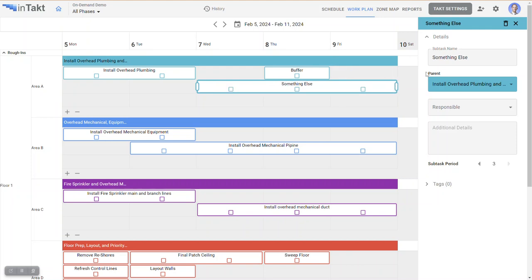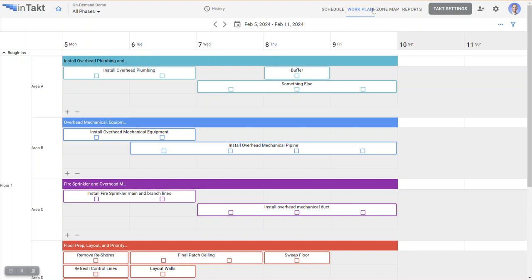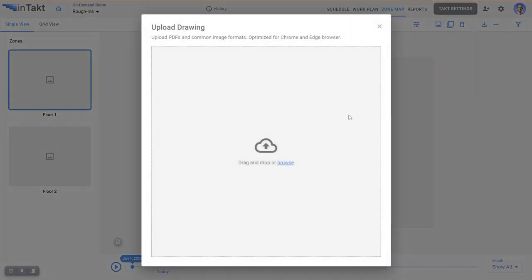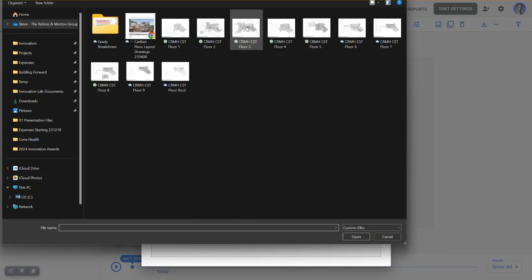Something crazy there, but just to show some of that functionality, I'm going to show you how zone maps work. This is one of our more popular features. This one allows us to visualize the plan to see what's where at any point in time. I'm going to manage the selected drawings, upload something new. I could drag and drop, but I'll just browse on my computer here, and I'm going to find